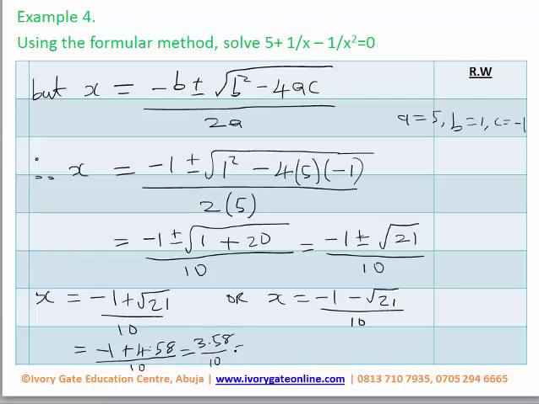Then this gives us to 1 decimal place. So if we are to divide 3 by 10, it cannot. We put points, so 0.358. Or this is equal to this, and we have